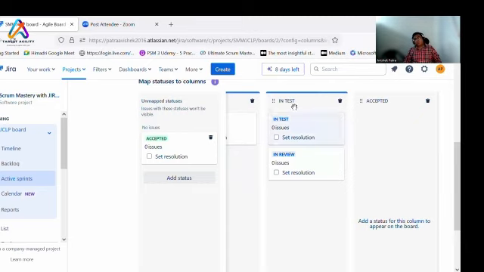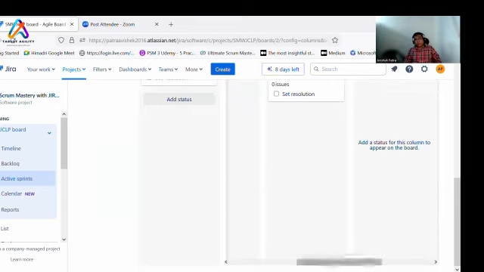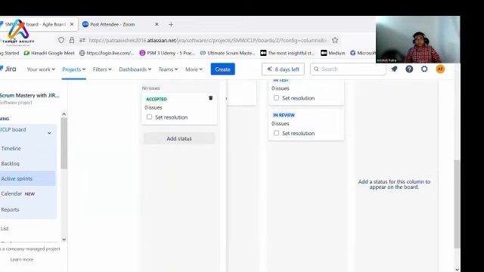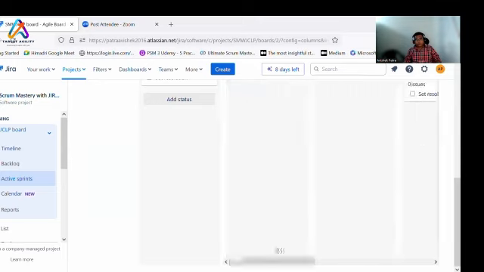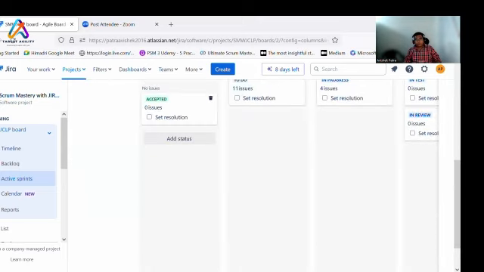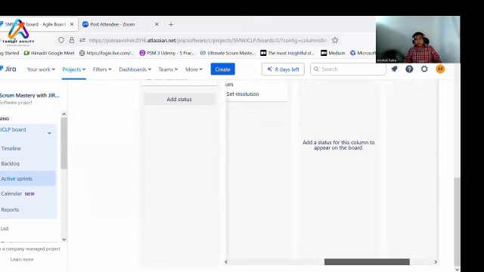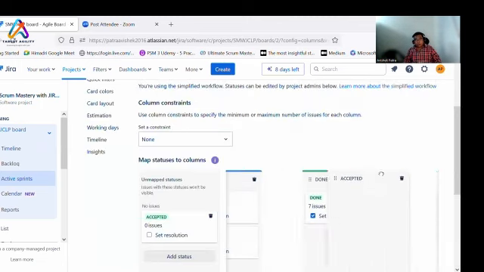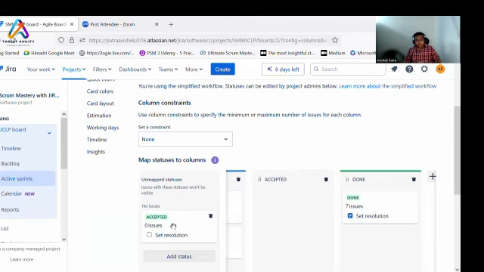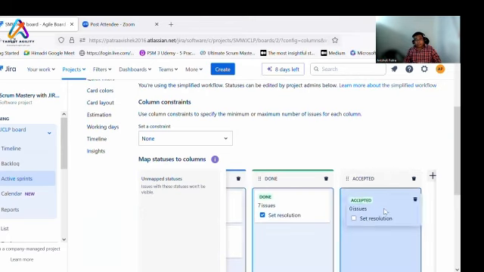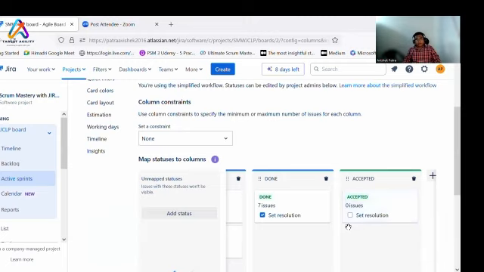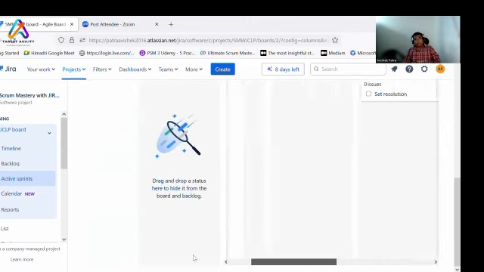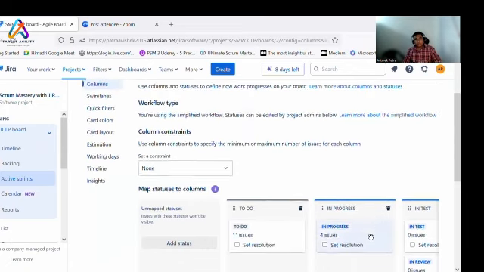Let's say you have some tickets which are done, but now they need to be accepted by the product owner, in case you want your product to be shippable. In that context, if a ticket is done, it won't show up, so what you can do is add an accepted status here. It will be activated, and then you can move your Jira tickets within these columns accordingly.